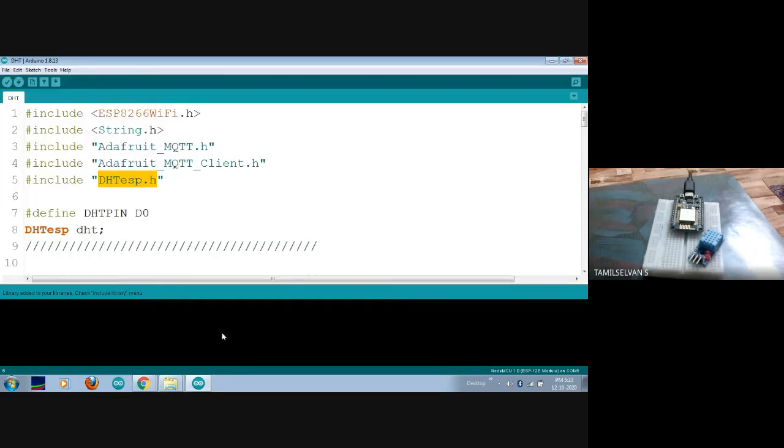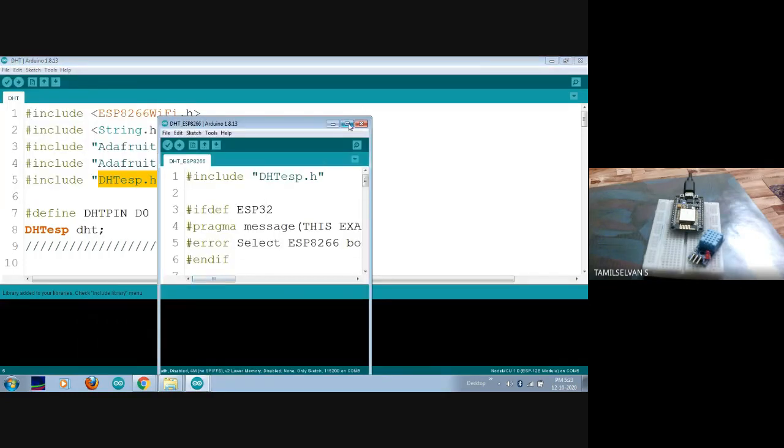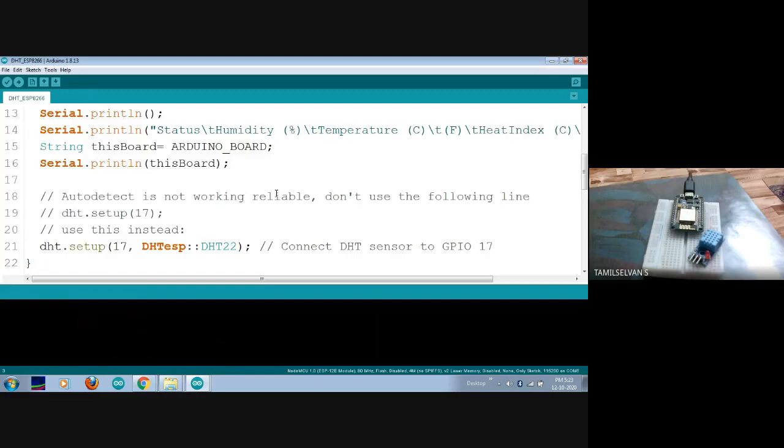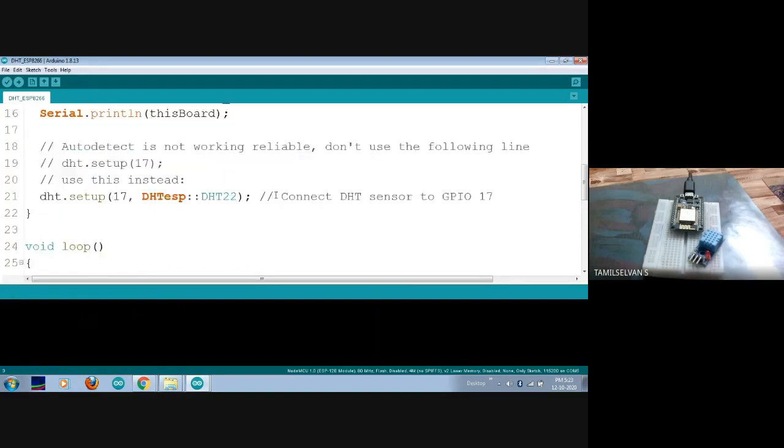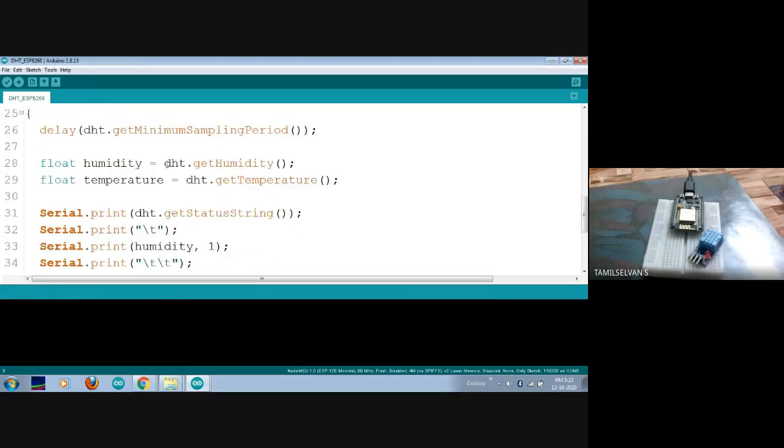If you go to DHT ESP, you can find how the keywords will be used. Here you can see a function called DHT.getHumidity and another function called DHT.getTemperature. Only these functions will be defined inside that particular library, and the variables and all we can create on our own. So it is not a problem.